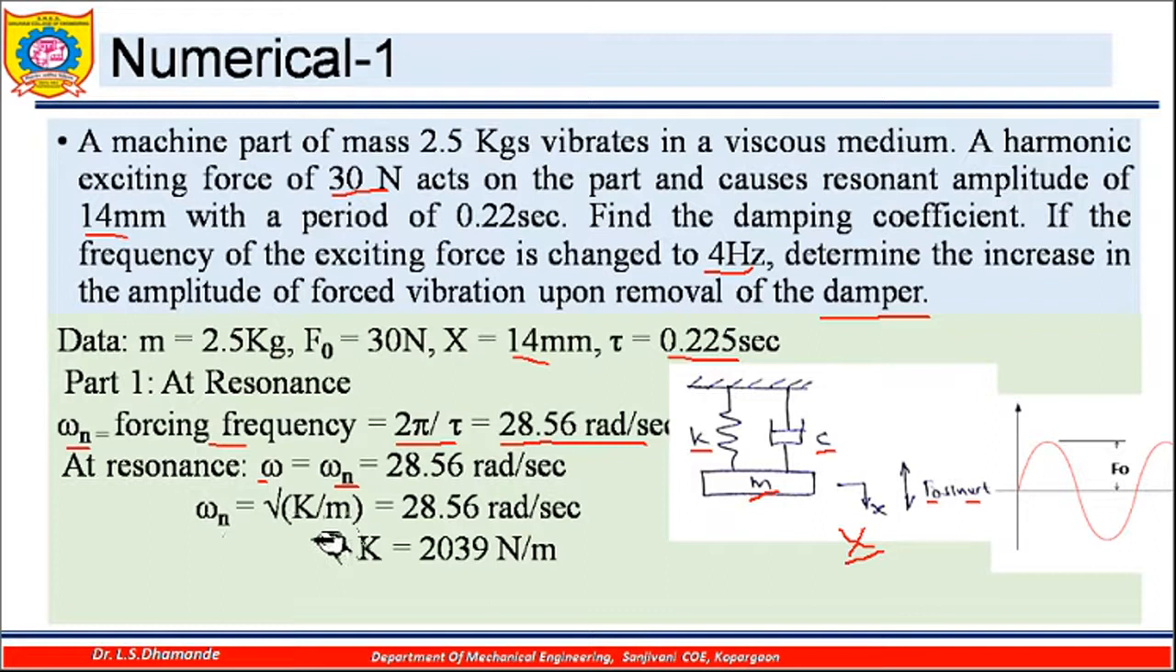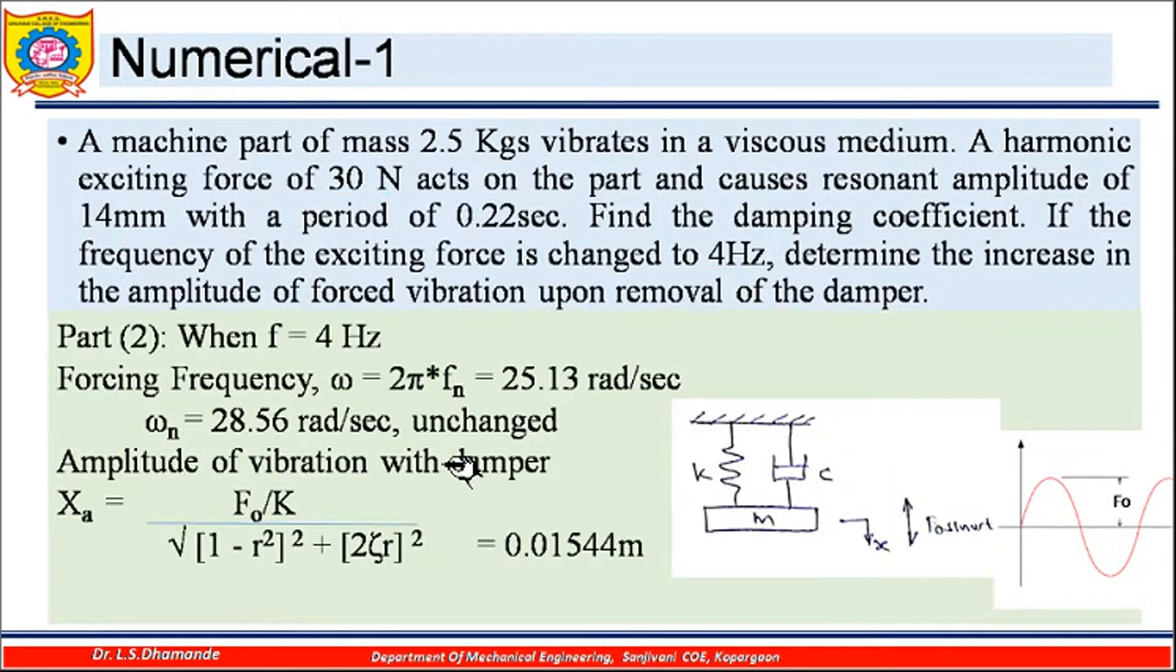So I can use the value of this omega n now to find out the value of k. So omega n is equal to root of k by m, that is known to us. m is specified to us, omega n you just got from the time period. So you can get the value of k, that is equal to 2039 Newton per meter. Now we will try to find out the